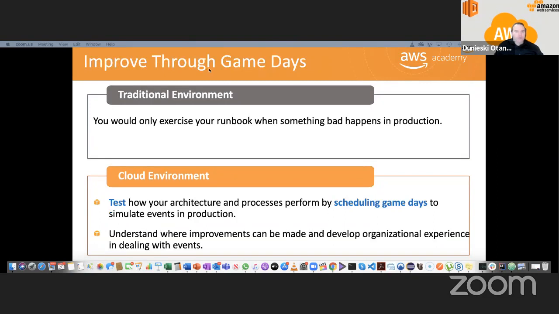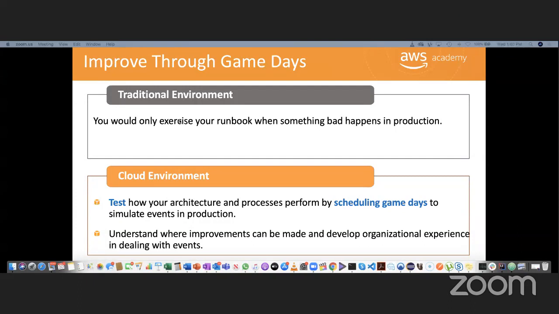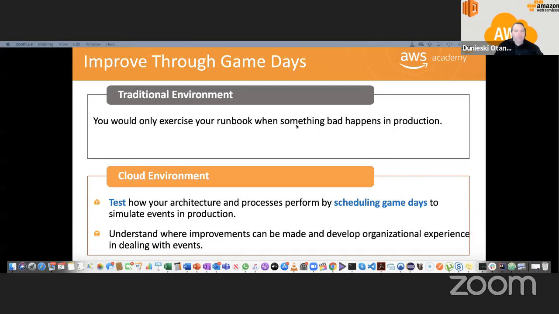So you can improve through game days, right? You would only exercise your run book when something bad happens in production. Okay, like, remember, we test in development, right? A development here, and then when something goes bad in production, because many things can go bad